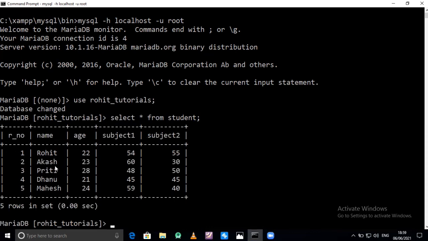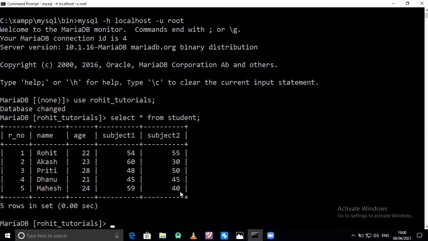Roll number 2 Akash, age 23, subject 1 60 marks, subject 2 30 marks. Likewise, roll number 5 name is Mahesh, age 24, subject 1 59 marks and subject 2 40 marks.